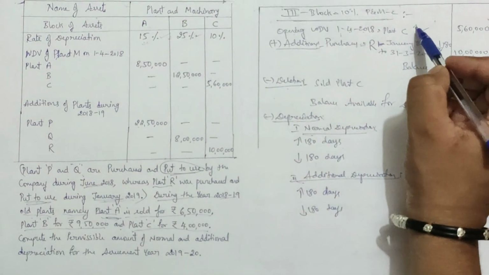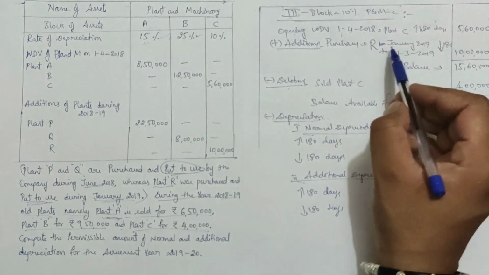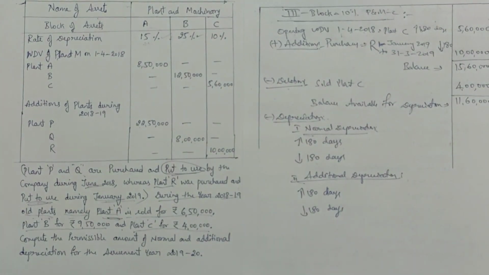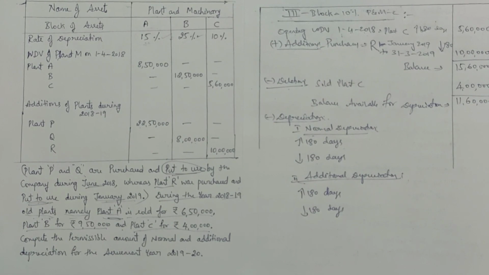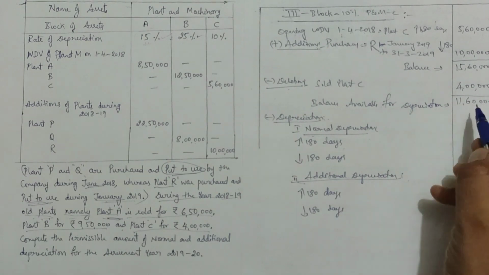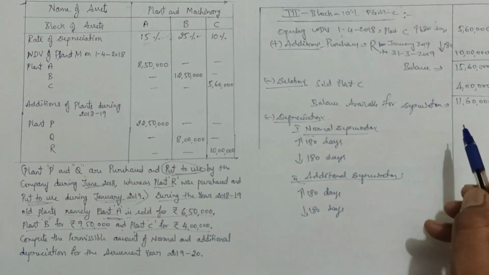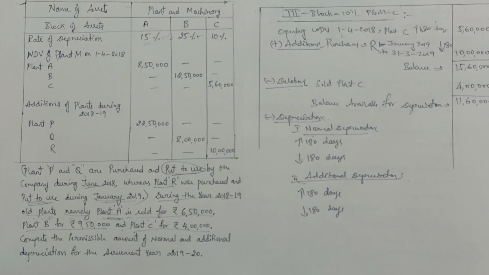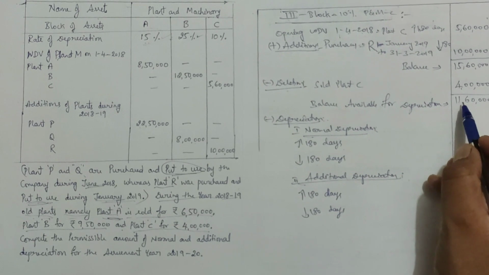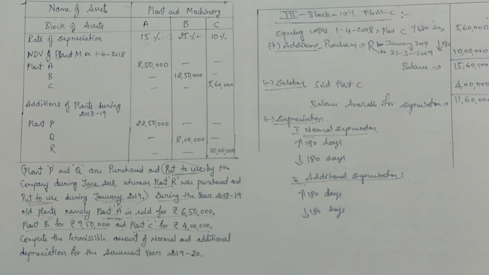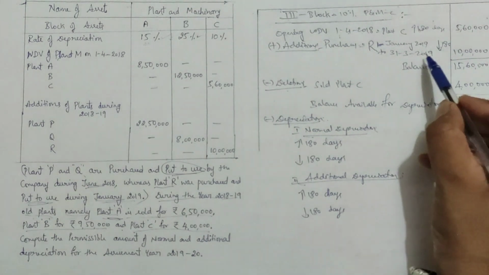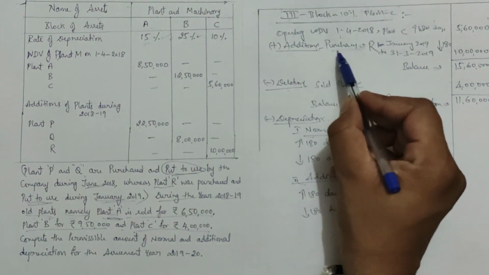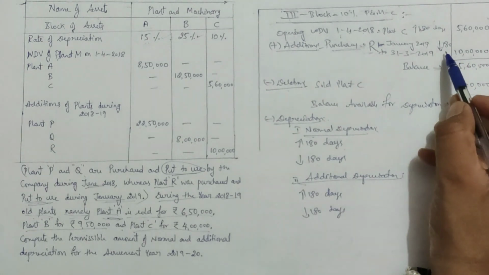So plant C has more than 180 days, but plant R has less than 180 days. So what do we need to do when we have it like this? It's very simple. From 11,60,000, whatever we have with less than 180 days, we need to remove. Then on the remaining balance we need to calculate full depreciation. So let's see how to calculate that. So here we have total 11,60,000. Correct. So from this 11,60,000, this newly purchased value of 10 lakh rupees has less than